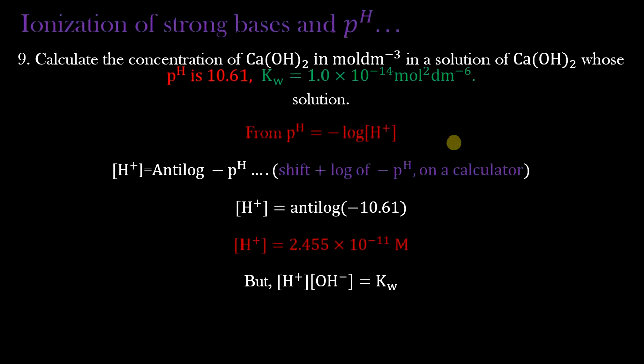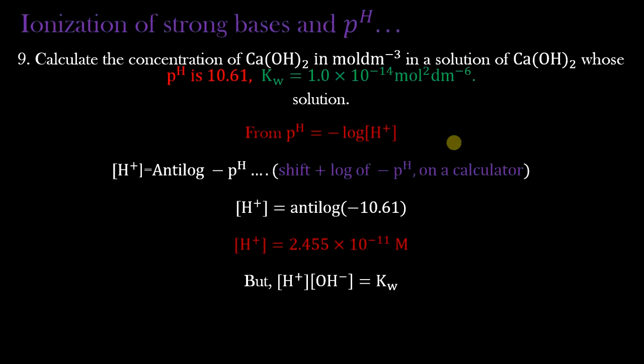So pOH would be 14 minus 10.61. So if you put that value into your calculator, you have 14 minus 10.61. It would give you a pOH value of